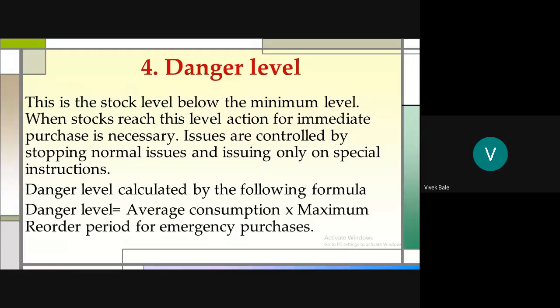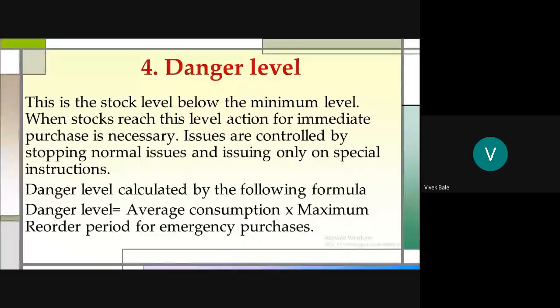Emergency issue means sometimes we have some sort of goods in our organization, and these goods are issued only when there is a very emergency situation or a special occasion in the company, and only the competent authority can issue such a quantity. So therefore this level is known as the danger level. When stock reaches this level,